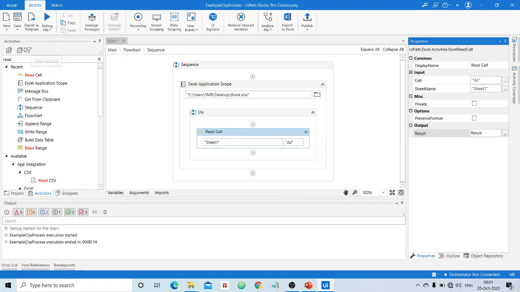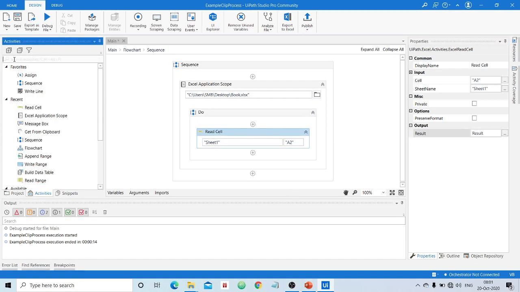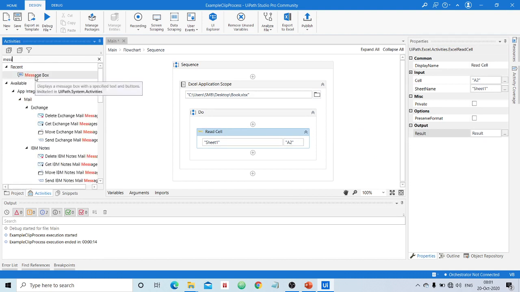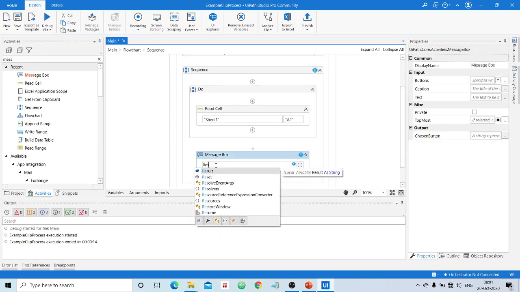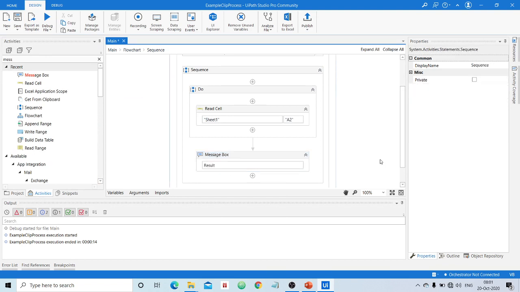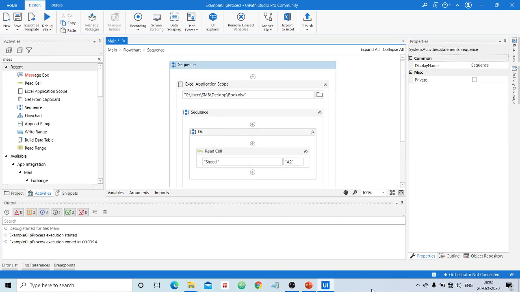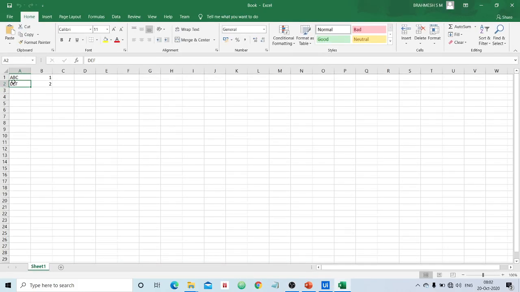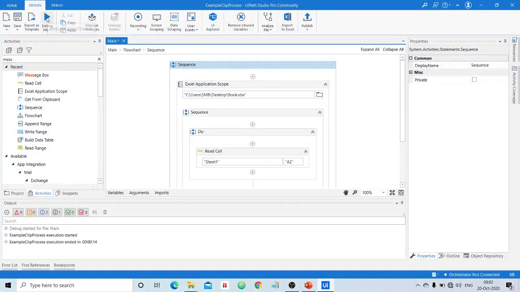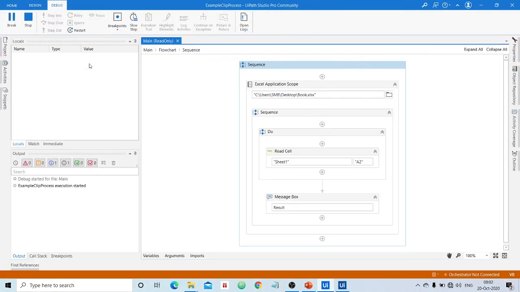Then after that, what we have to do, I need to use a message box, because my aim is to display the content. Display the read value in the form of a string using the message box. Now where will that value be? In a variable called result. Clear? Okay, let us execute this, and we shall see whether we get a result as DF, because that is the string present in the cell A2, right? Okay, now we shall check this. I will run this. Yeah, DF. Can you see here?